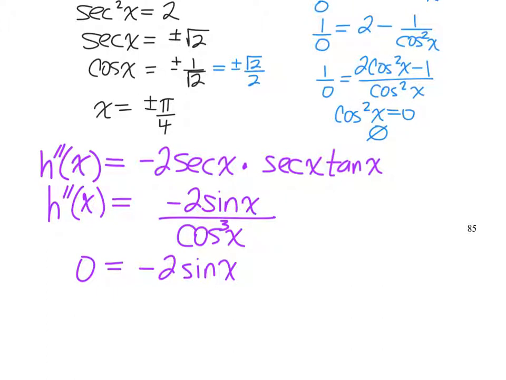So we're looking for any instance in which the sine function is equal to 0, because I just divide out the -2 in my mind, which is not difficult. So x would be equal to 0 on that interval. It could be pi, 2 pi, 30 pi, but 0 is the only one that's on the interval. So we got a new value to work with here to go along with the plus or minus pi over 4. So when we create our sign chart,